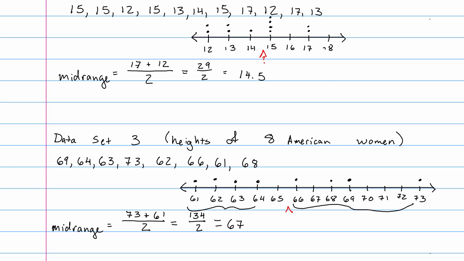The midrange is over here. But we feel that the weight should be a little bit more over to the left because we've got that big clump of data. It's even worse for data set 4,